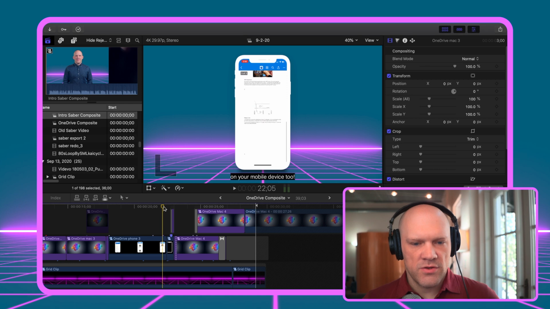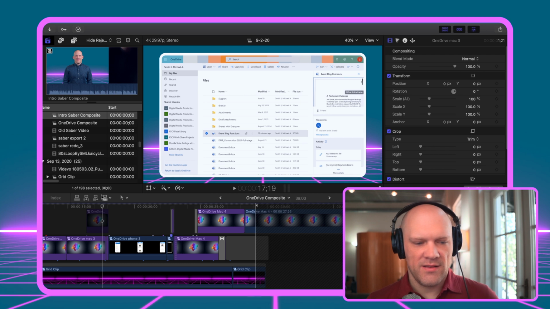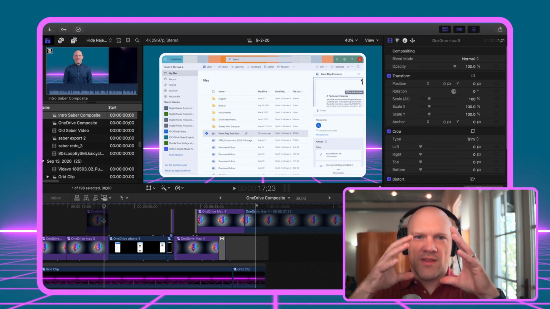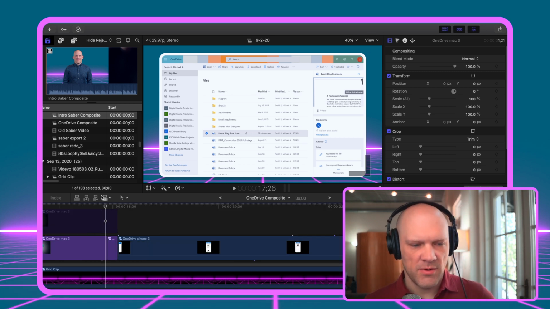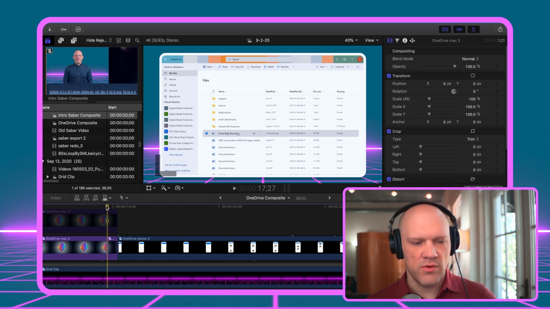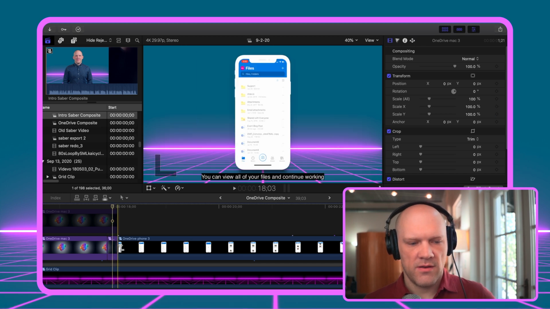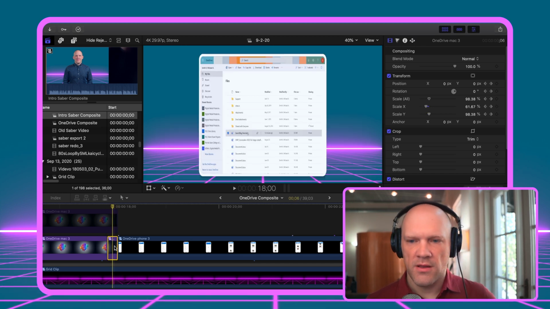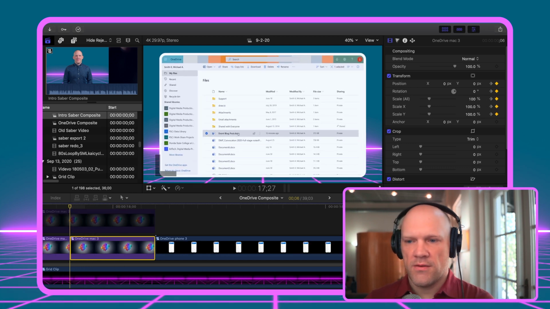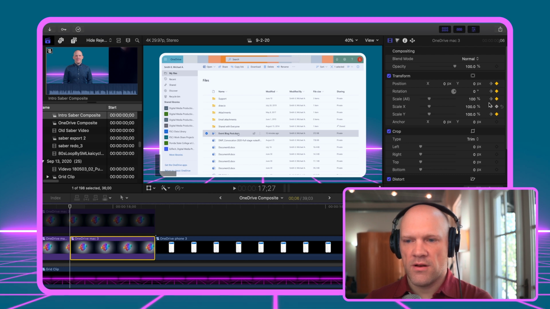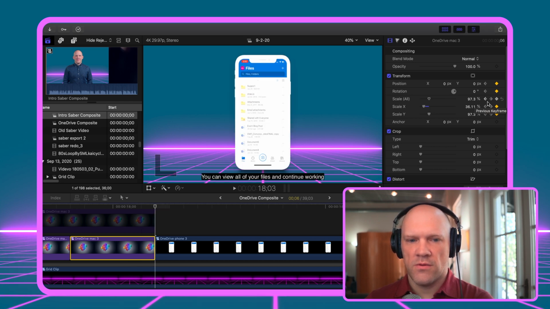Right here, this first transition, I wanted it to be interesting, and so I had this idea in my head of, what if you just get sucked into the mobile device. I tried using some transitions, but I could never get exactly what I was looking for. So what I did here was I just used keyframes, and you can see it right here. I'm going to zoom in here a little bit. I'm just using keyframes to shrink this image. So right over here on the right hand side, you'll see, we start at 100 and we just go down until we get to the point where it transitions to the mobile device.